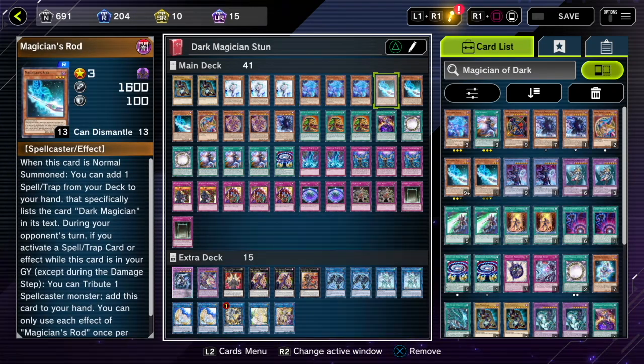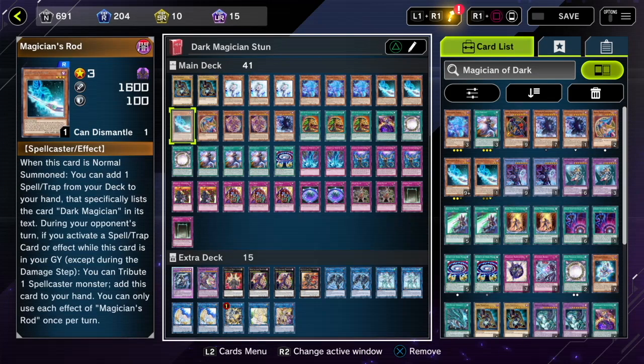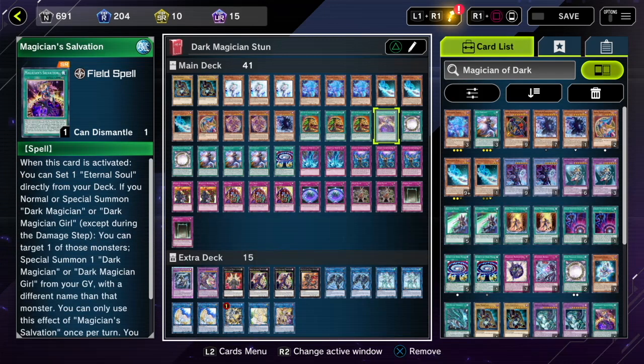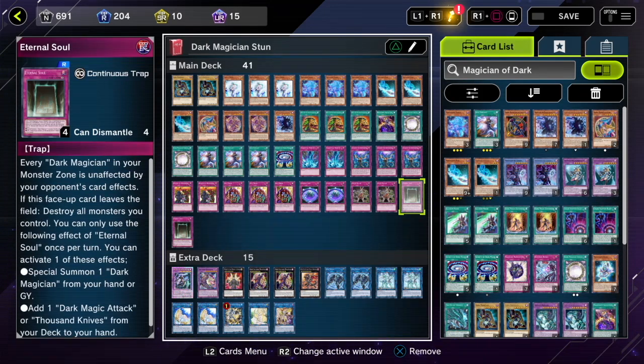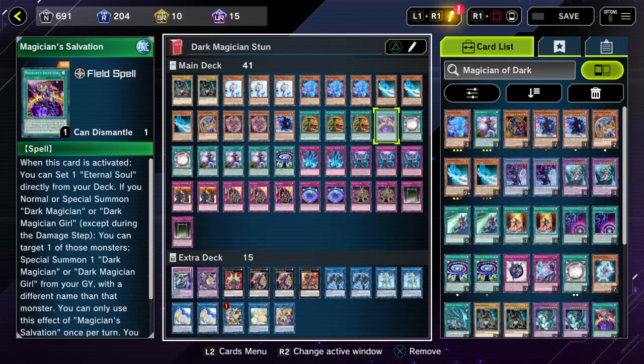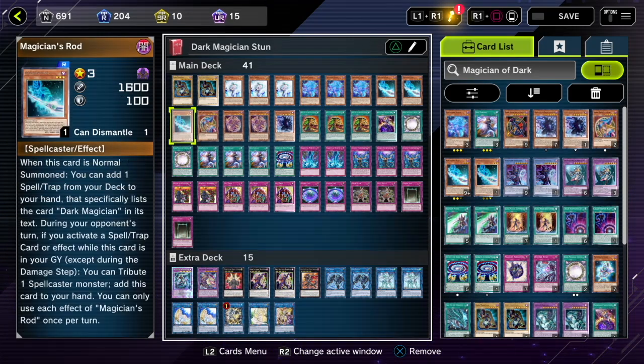For the next card we have triple copies of Magician's Rod. So when it comes to Magician's Rod in this game compared to actual TCG, sometimes you might not even be going for your Soul Servant. You might be going for something like your field spell, Magician's Salvation, or even just getting maybe something like Eternal Soul or Dark Magical Circle itself, because this is not the same Dark Magician deck